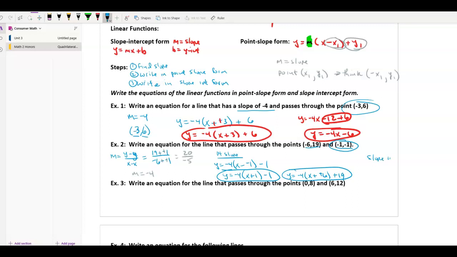Now for slope intercept form, what I'm going to do is pick one of these to solve for y. So y equals -4 times x is -4x. -4 times 1 is -4, then -1. And right away here, -4x, -4 minus 1 is -5. And that would be slope intercept form. Okay, now the next one here,